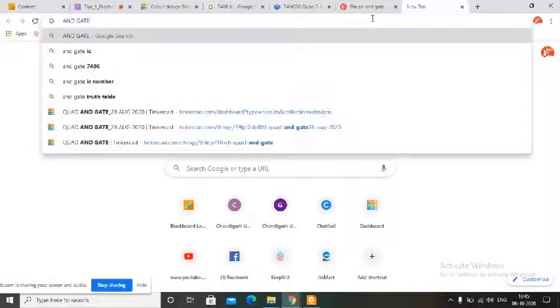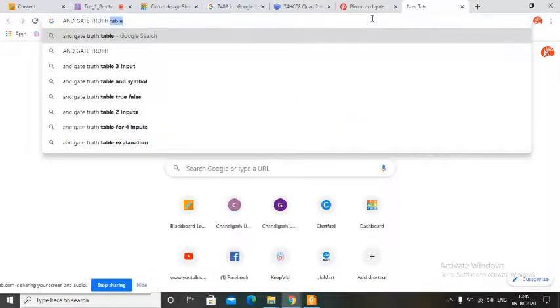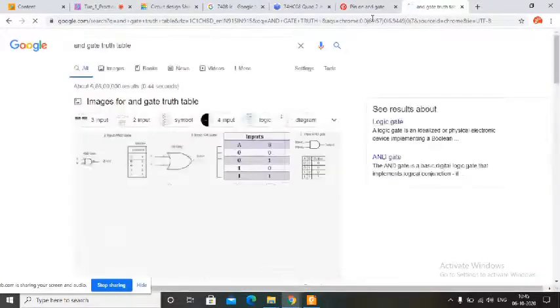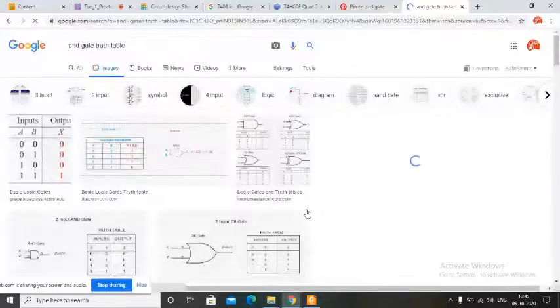The AND gate actually gives output only on 1 1, but let me show you so that you can verify. Output will be zero for 0 0, 0 1 and 1 0. For all the cases, the output is 0, only for 1 1 the output is 1, right? Yes, sir. This is the truth table.